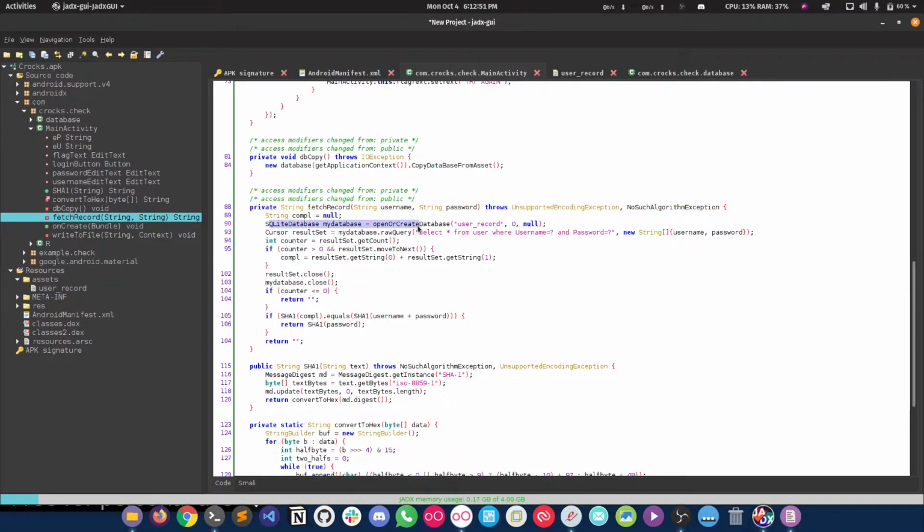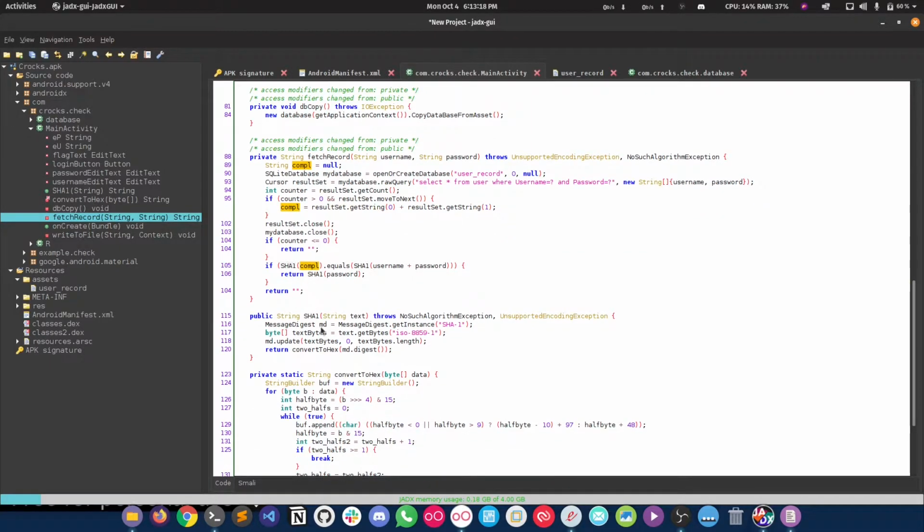it is first creating a SQL query, finding the username and password fields from the user table, and it is going to check whatever we enter here, and check if that exists in the database, and then if the counter is greater than 0, if the results have been returned, do this. What it's going to do is concatenate the username and password, and then that is being passed here to a